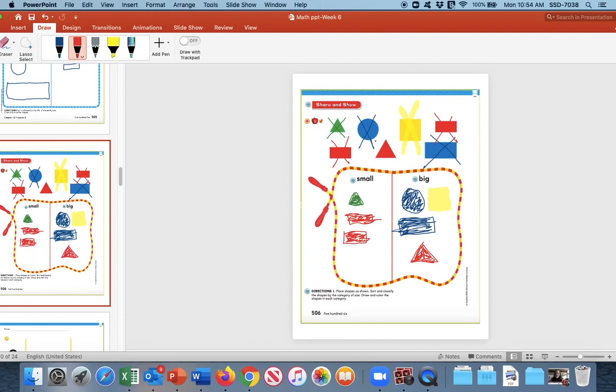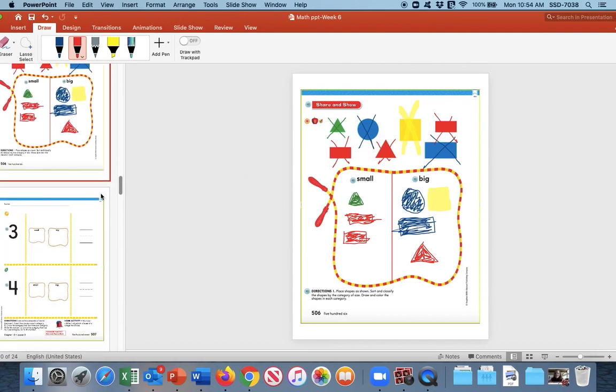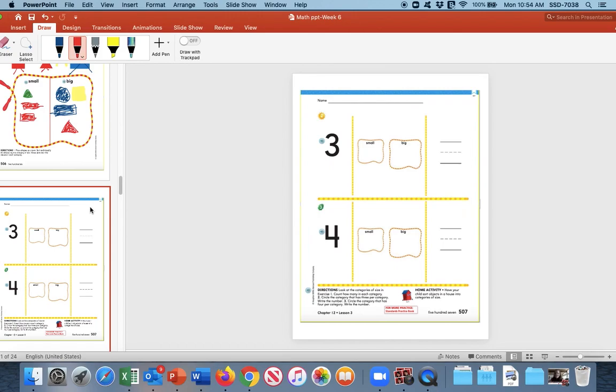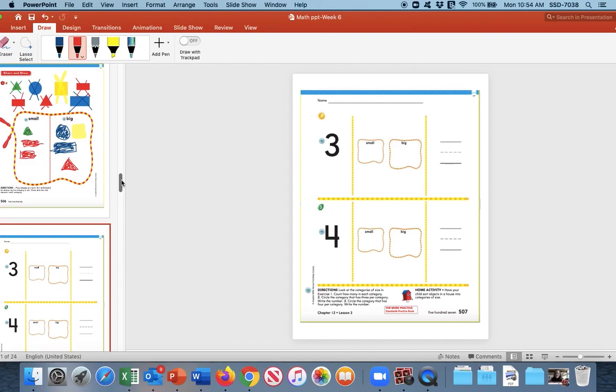Perfect. And cross it out. Now we're going to need this page to answer the questions on the next page. So if you want to lay them next to each other, I will be going back and forth. So let's take a look here